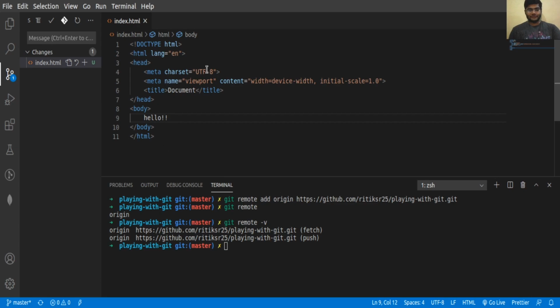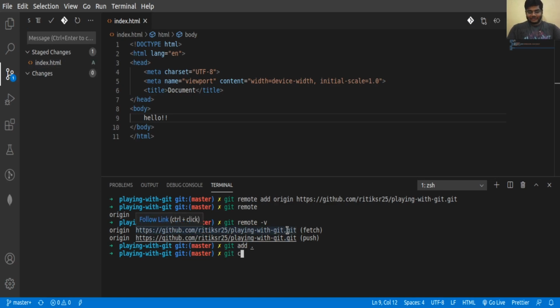In our VS Code, suppose we have made these changes, so let's try to add it. We can write git add, and if you want to commit a specific file, you can write those file names. Otherwise, if you want to commit all the files in this directory, you can use git add dot. Now let's commit these changes: git commit -m. We can write the commit message here. A commit message should be clear and short. It should clearly define what you are doing in this commit. Since we have initialized our repository, let's call it initial commit. You can write initial commit simply as well, but just take care that it is clear.